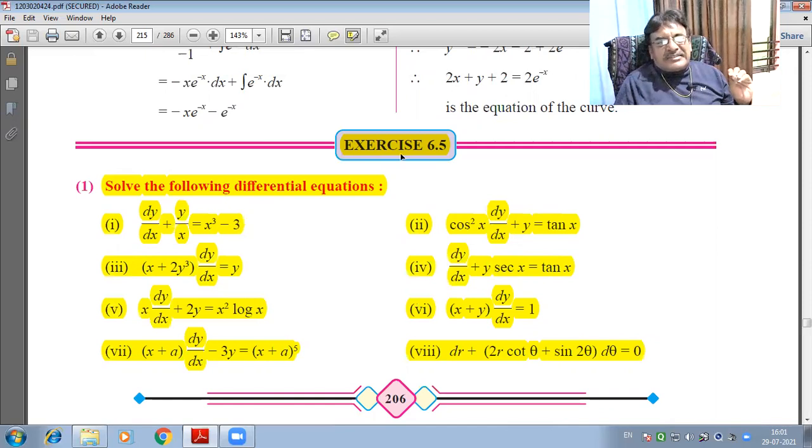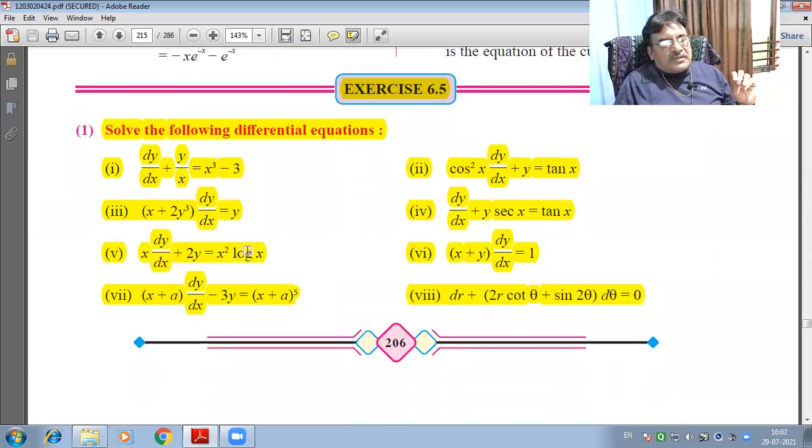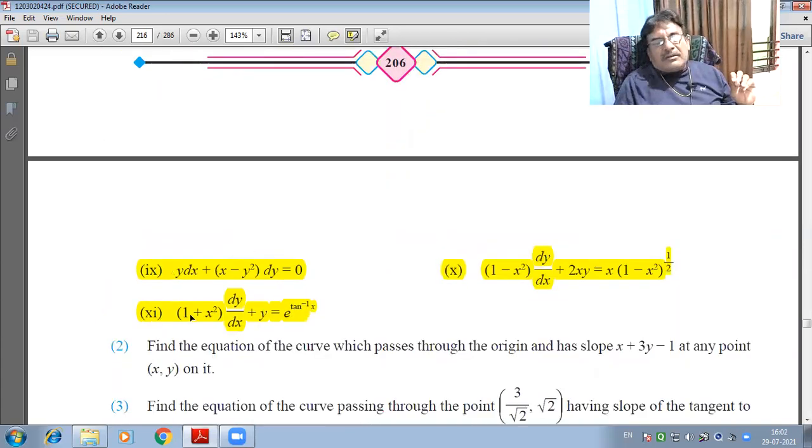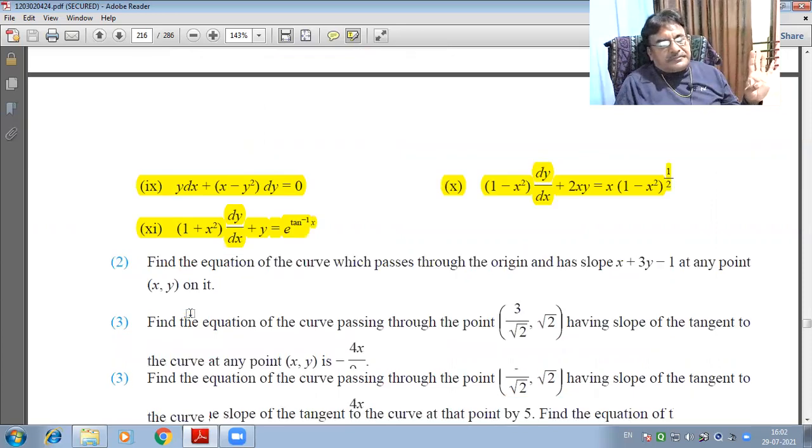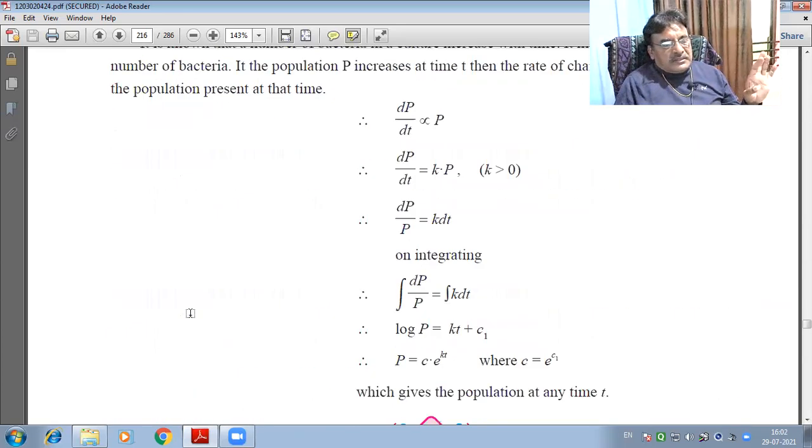Exercise 6.5, first, solve the following differential equations from first to 11. All these problems are deleted. Next,